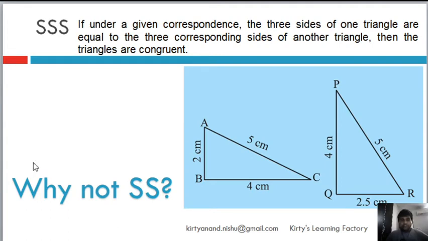So this is the first criterion of congruency. Now we will learn that there are certain criteria, certain conditions between two triangles. If they are met, then triangles become congruent to each other. Now it's very simple, SSS. It's called side, side, side. Now if under a given